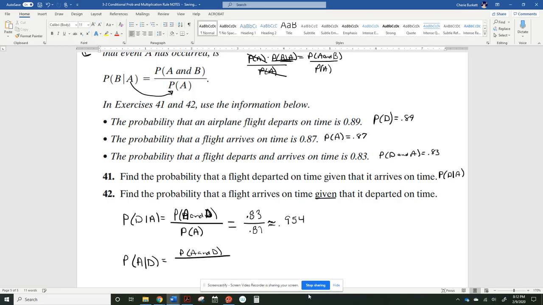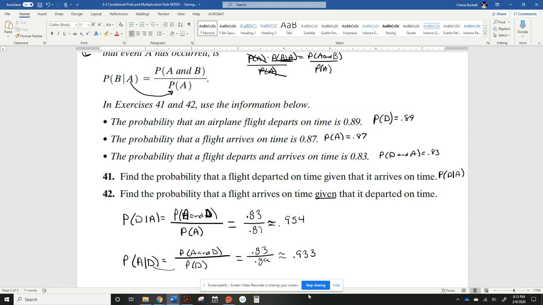Given, though, the given goes on bottom, the probability that it departed on time. That's the same way we saw when we did the table. And this one is, again, 0.83 goes on top and 0.89 goes on bottom. We calculate that to be